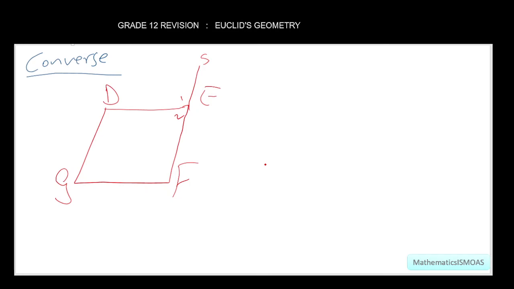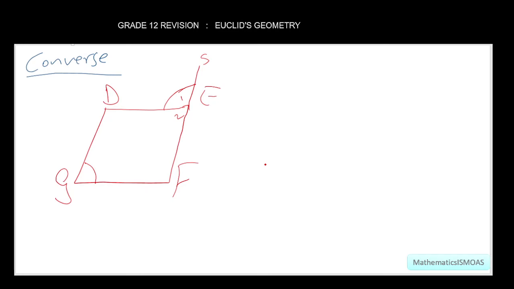FE is produced or extended to S, meaning FES is a straight line. Then in this quadrilateral, if we can prove that angle E1 is equal to angle G, meaning the exterior angle of a quadrilateral is equal to the interior opposite angle of a quadrilateral,